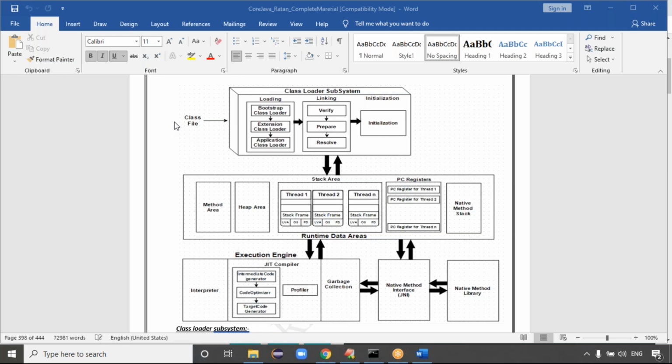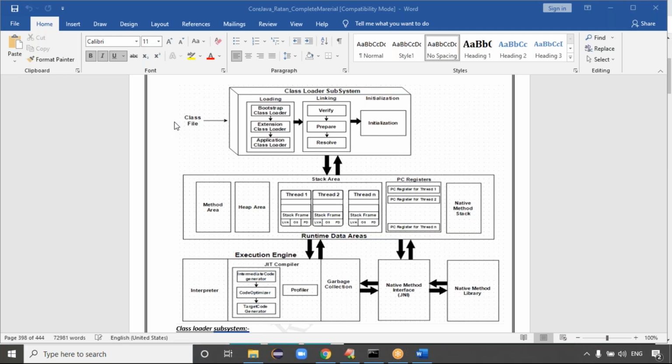Because if you go to the runtime data areas, the method area is there, the heap area is there. But stack memory is for every thread, right? At the multi-threading level, every thread is doing its own activity. Assume we create 3 threads: the first thread can call its own method, the second thread can call its own method, the third thread can call its own method. In that case, for every thread, one stack memory will be created. First thread's local data is stored in the first stack, second thread's data in the second stack, third thread's data in the third stack, right? The stack memories depend on what? Multiple threads, guys.